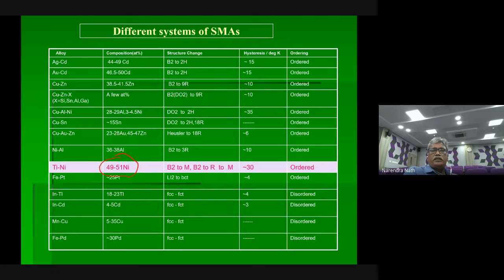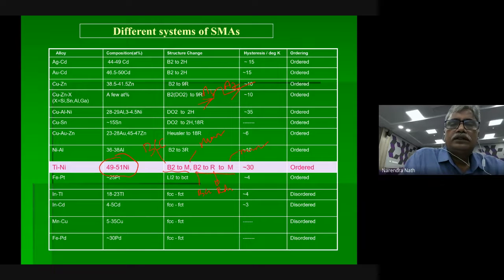And structural change. See here, that means mechanism. So there are two routes here. One is B2, which is nothing but the BCC, austenite to martensite. Whereas this one is BCC via rhombohedral shape, one more phase, then it goes to martensite. It is like this. Suppose heating. So austenite starts, austenite finishes. Okay. So now this is actually B2 to M, or else I can add another curve. Okay. Now you see here, MS starts, MS finishes. So here in the bump area, you see there is no other peak. Whereas if you see this B2R,